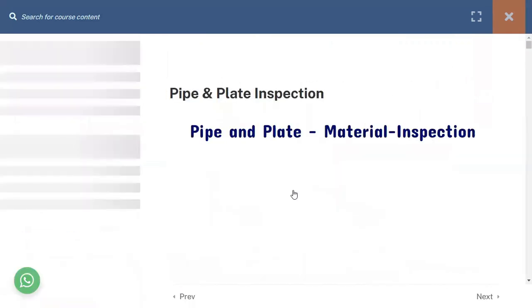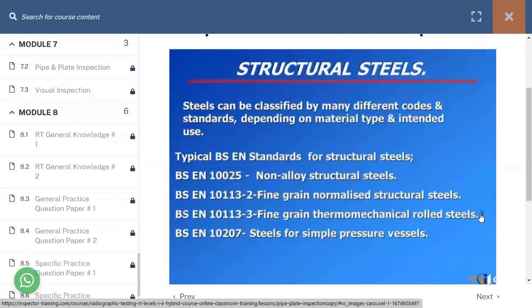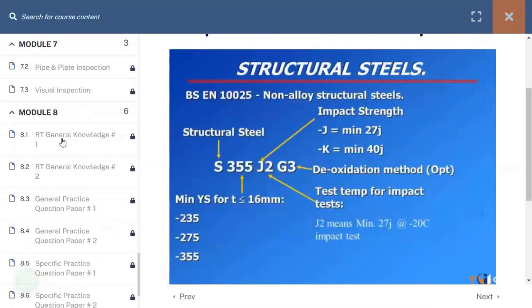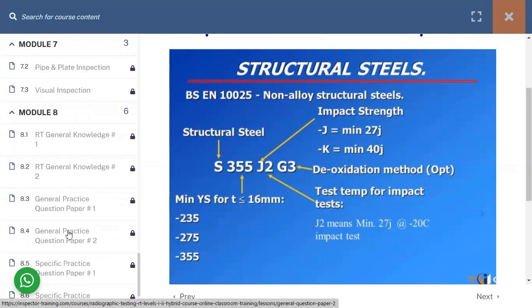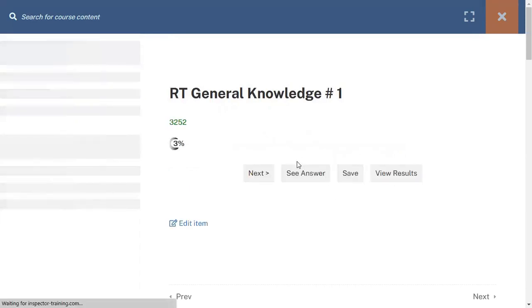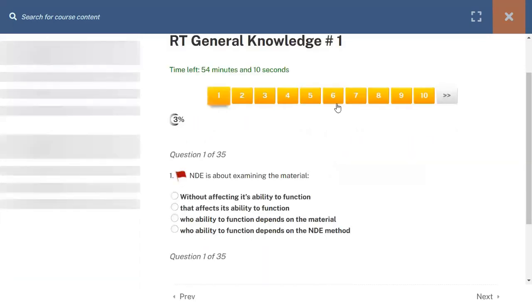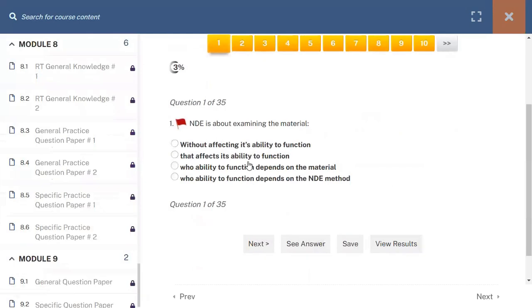So once you have finished the actual course, you'll be directed towards the general knowledge and general and specific practice tests. There are 5 of them, and they are timed. So I've already started this course, so there is 54 minutes left, and it comes with a flag button, and also you can jump from question to question. It's timed like the actual exam, and you can see the answer here. So you can move to the next one,